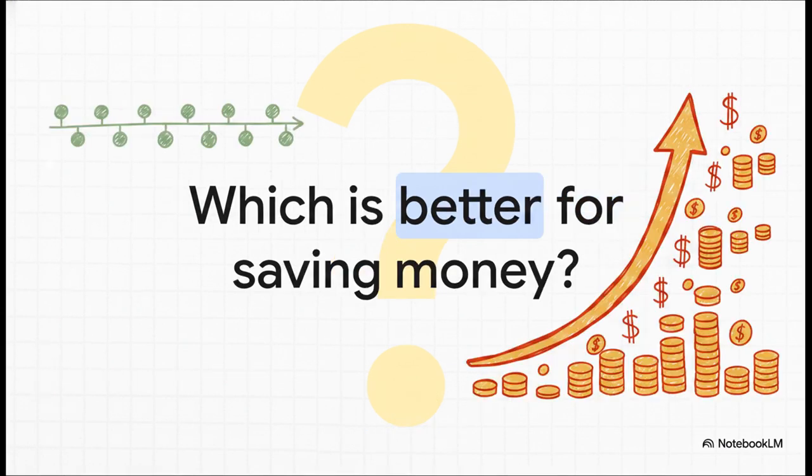Write a linear and exponential function starting at 50. And which is better for saving money over time? Well, your linear function might be y equals 10x plus 50, and your exponential could be y equals 50 times 2 to the power of x. And for your savings account, the choice is a no-brainer. You don't just want steady additions, you absolutely want the explosive power of exponential growth working for your money.